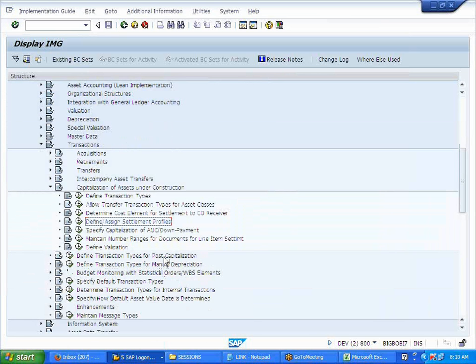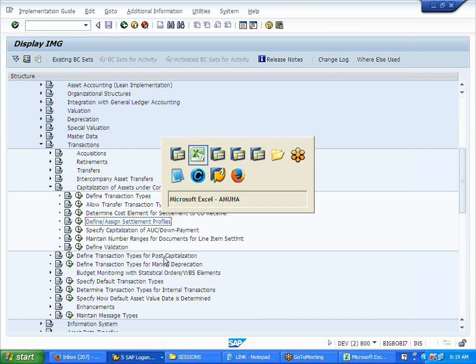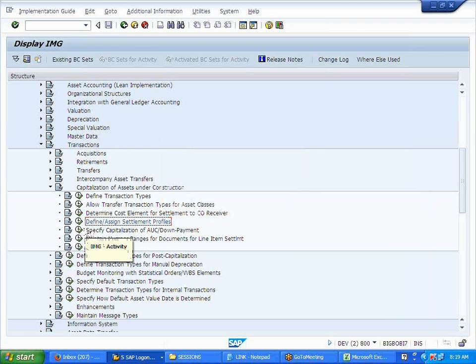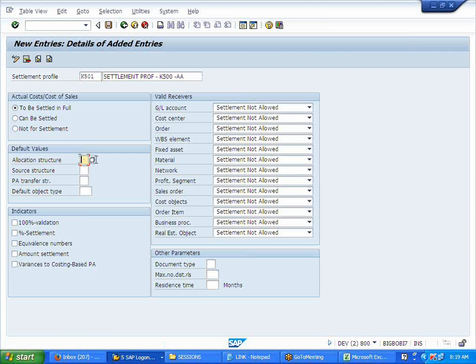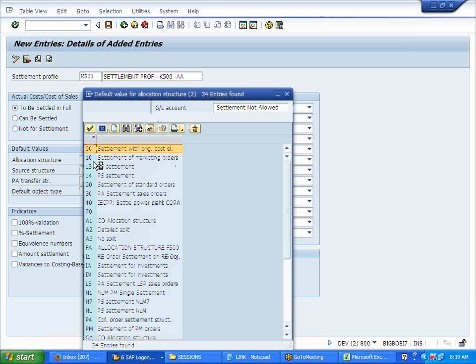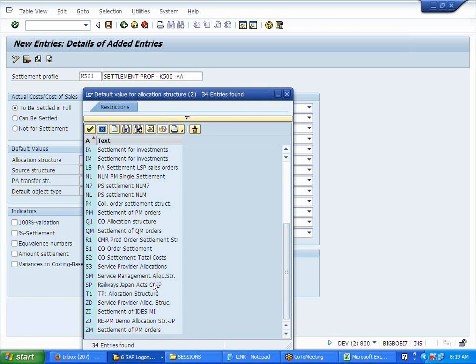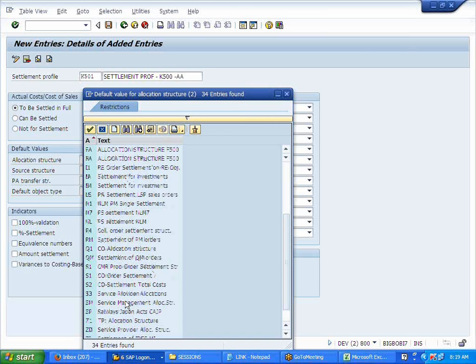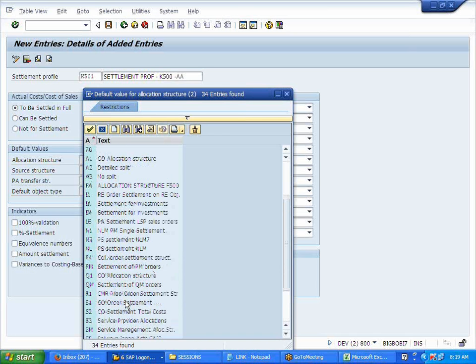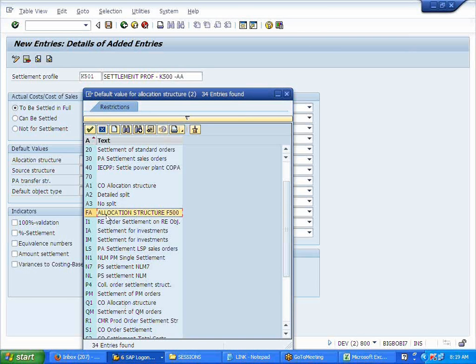Let me take the settlement profile, new entries. I pick up some allocation structure. FA, 100% settlement, equivalence amount settlement.